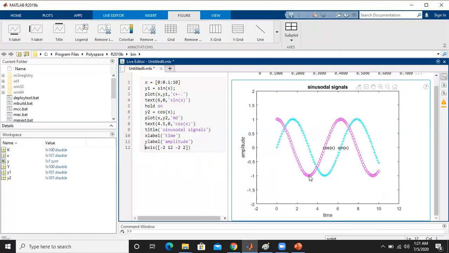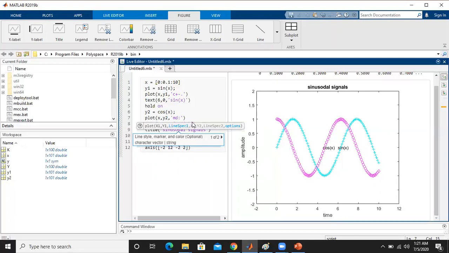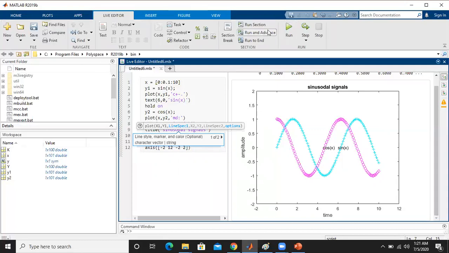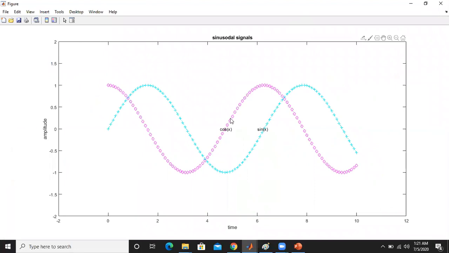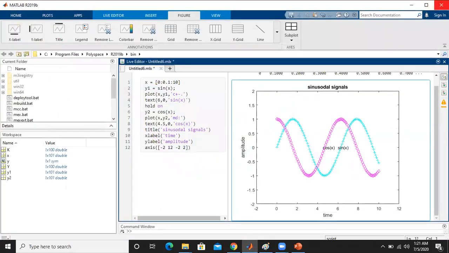Now if you want to connect these diamonds with a solid line or dashed line, that you can do, or even a simple dot, all the dots. Previously it is dash then dot then dash then dot. Now you just want to give a dotted line. For that you have to type colon, then we will observe what change occurs in that figure. So we make it large. Here completely dots, and here dash then dot then dash then dot, right? So like this you can plot multiple signals within a single figure window.